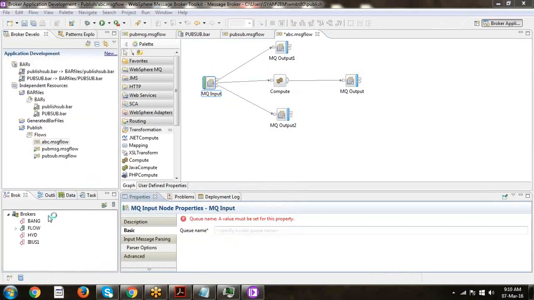But if any exception is thrown, it comes into the catch terminal, right? You mention the backout queue threshold. So if you mention the threshold, for example 2, it will again try to put the same message in the destination twice.